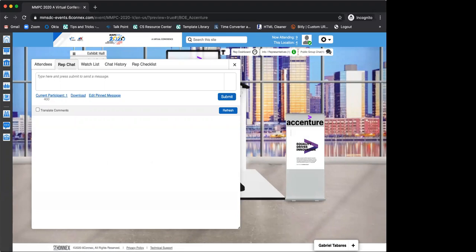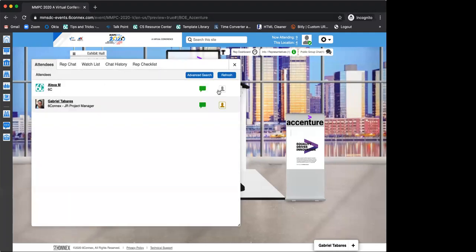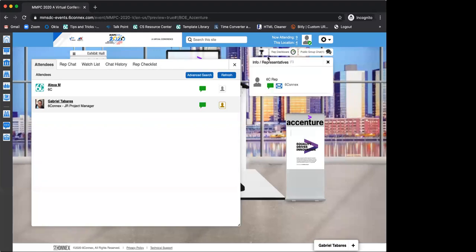How are the candidate attendees and the company attendees connected? That is through this. When they go into your room or into your booth, they can click on the info card and they can start chatting with you. That's the way that you can start connecting with them.